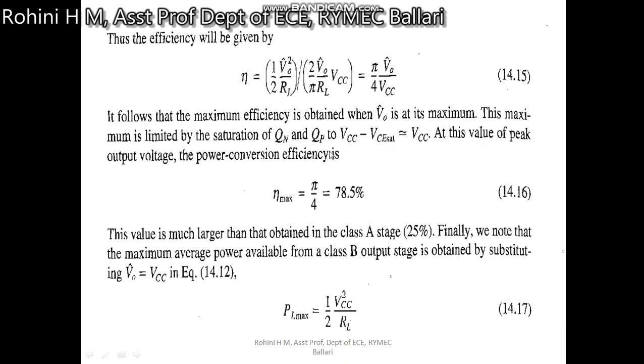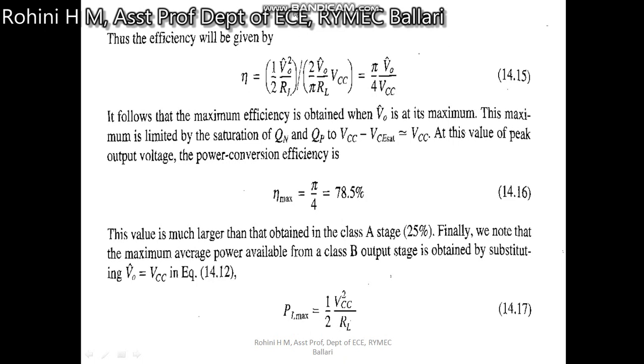At this value of the peak output, the maximum will be almost VCC, so VCC in numerator and denominator cancel. The maximum efficiency attained is eta max equal to pi by 4,